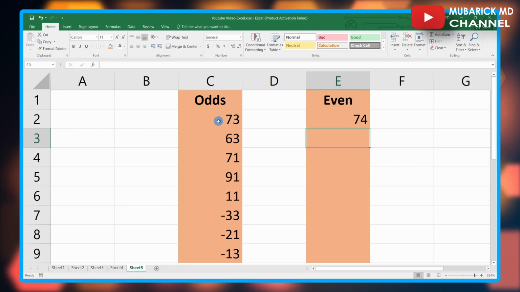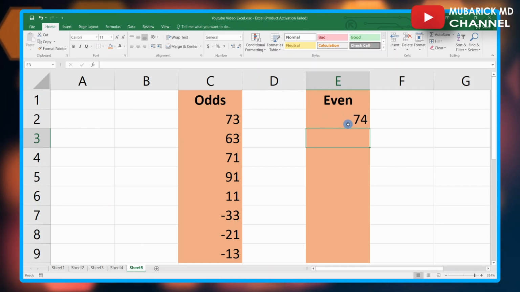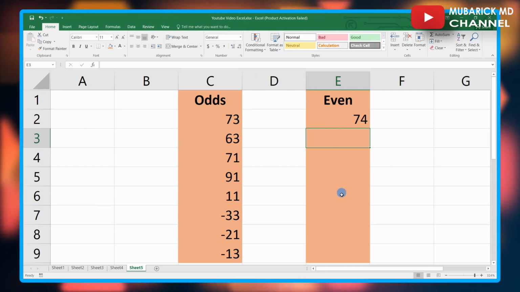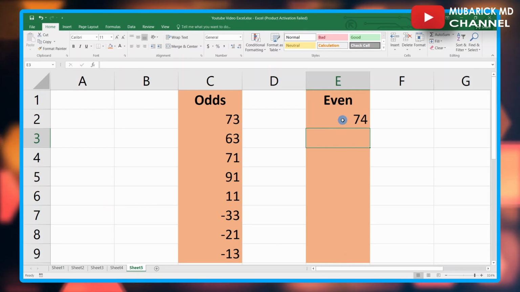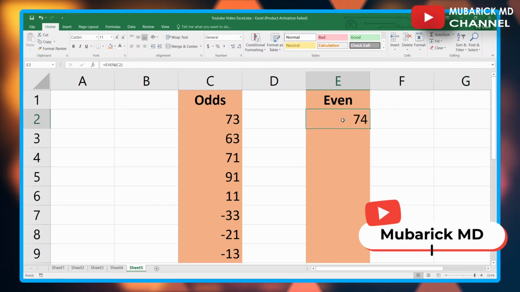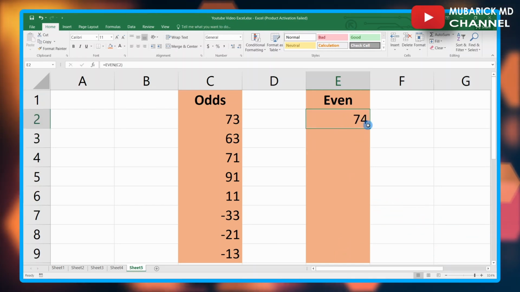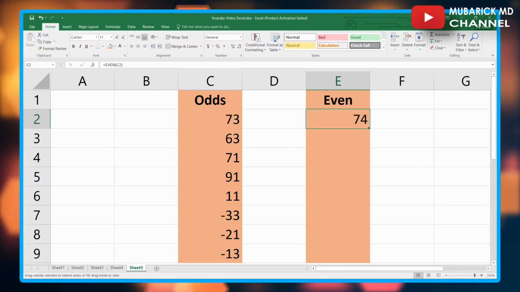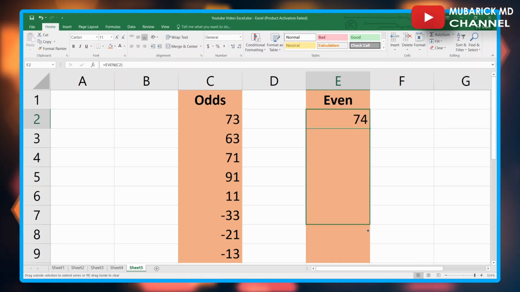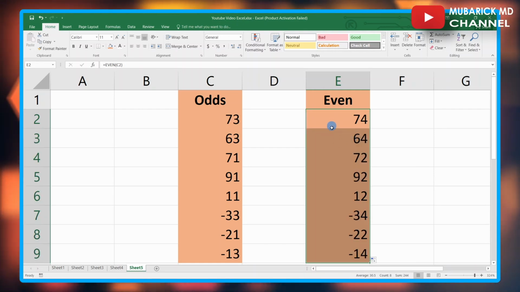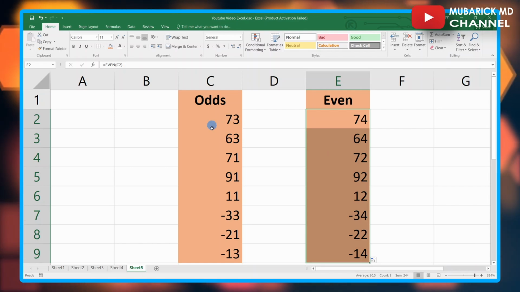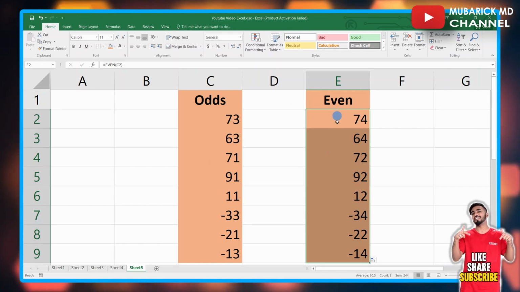So this has converted this value to the nearest even integer, and we can replicate this to the various cells we have below. To do that, all you have to do is make sure the cell is selected, then navigate to this angle of the cell, then click and hold and drag it down. So this will make sure all the information that we have here under the odds is converted to the nearest